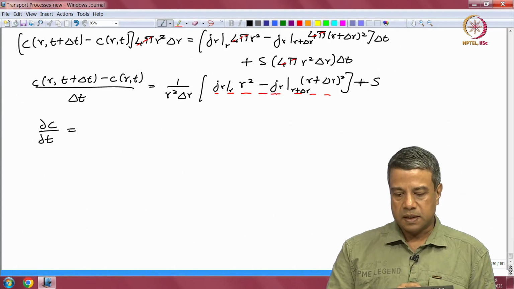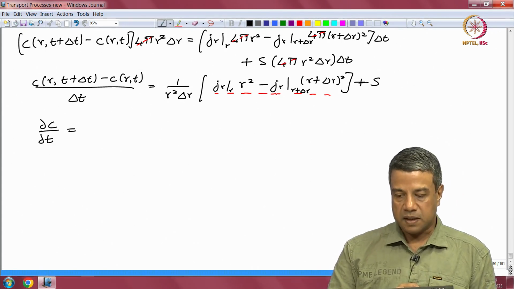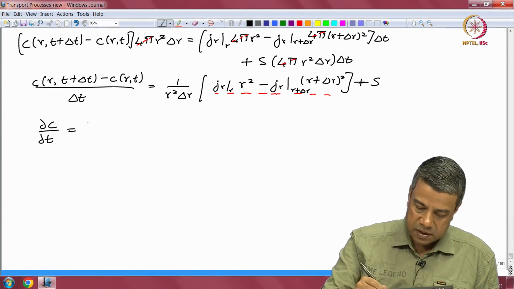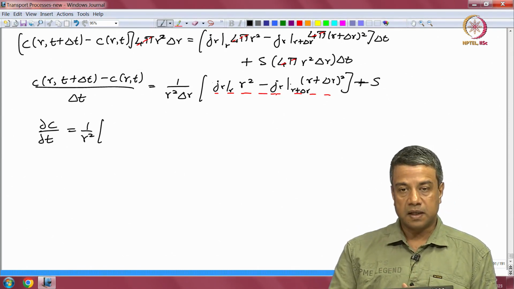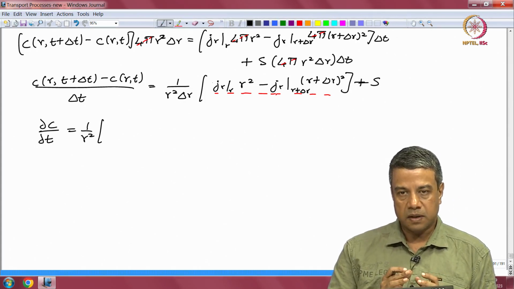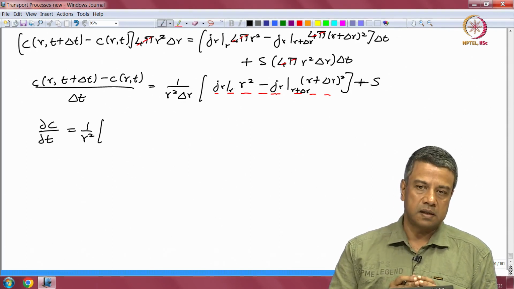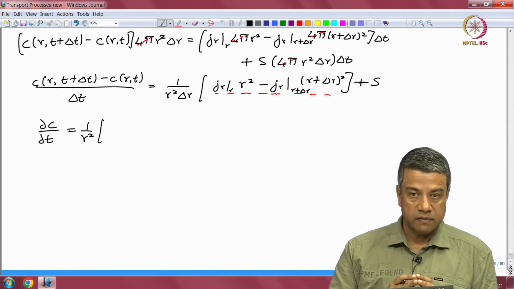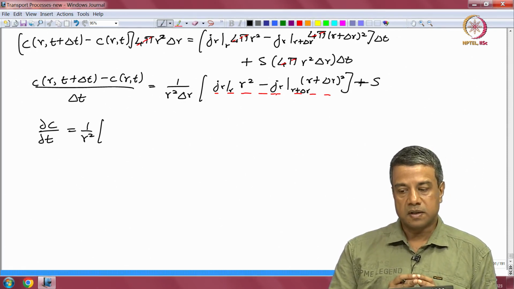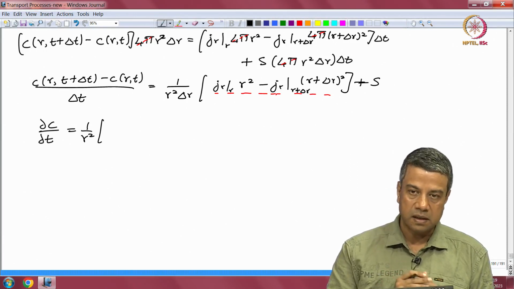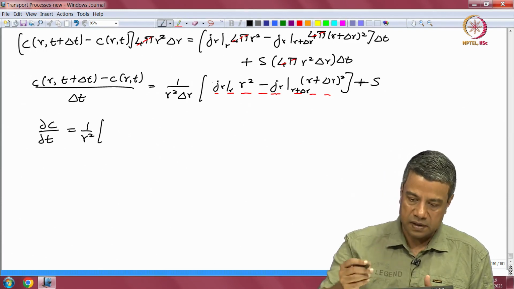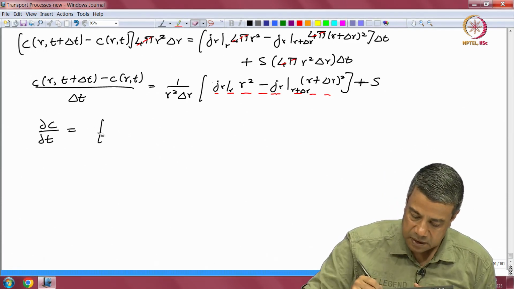Okay, on the left side, I will just get partial c by partial t. On the right side, I have 1 over r square into this difference divided by delta r. Quantity at r minus quantity at r plus delta r divided by delta r. It is the negative of the derivative, because the derivative is quantity at r plus delta r minus quantity at r divided by delta r. So, this is the negative of the derivative. So, I can write this as